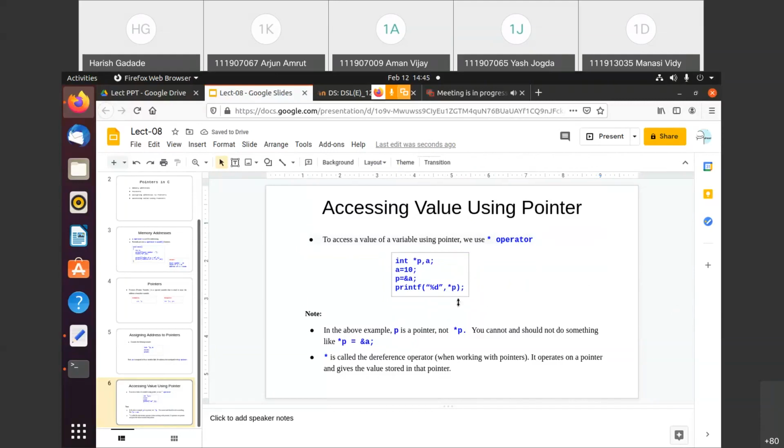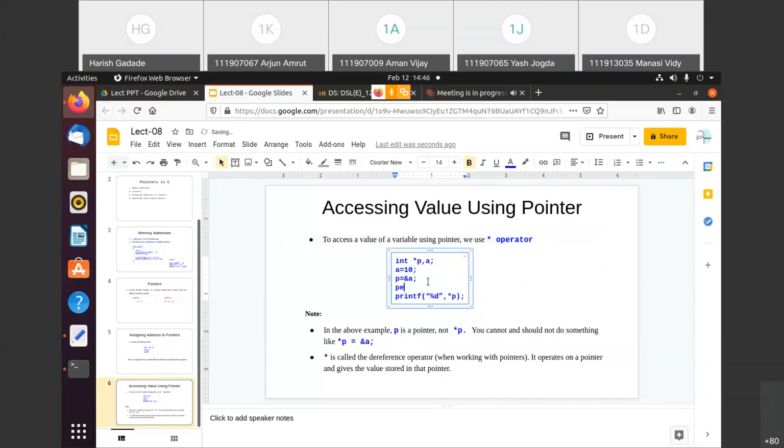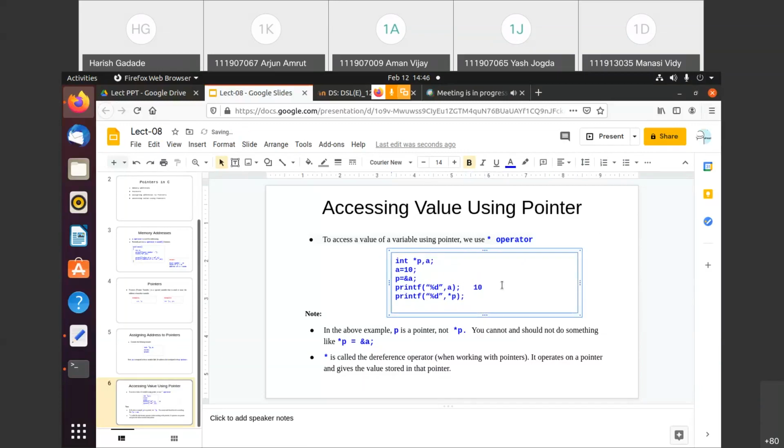Now see, one way to print that output is like this, %d, this one, right? So the output of this is also 10, and the output of this is also 10.